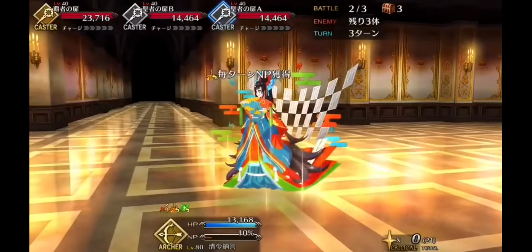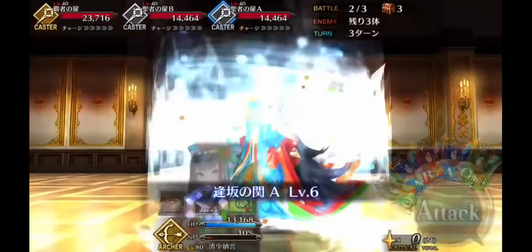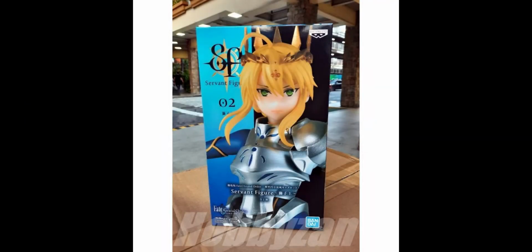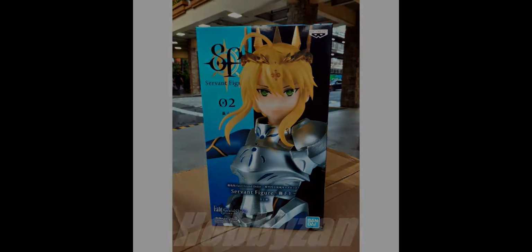Now let's get started with the figures that I want to buy. The first figure is the Banpresto Lion King from the Fate Grand Order Camelot movie. Like I said,